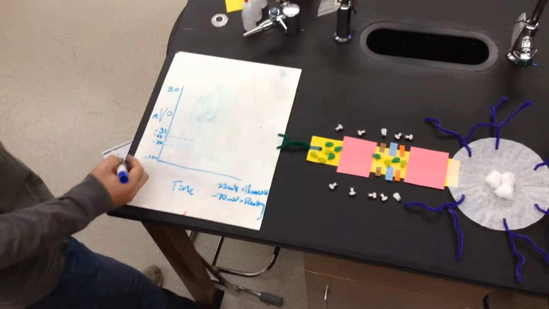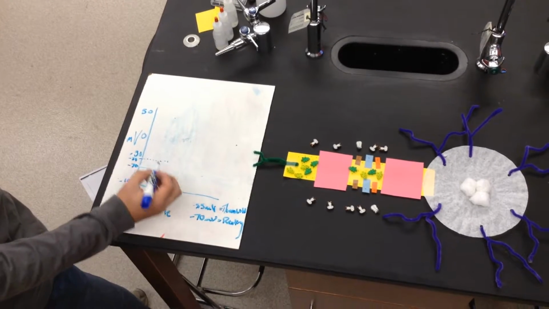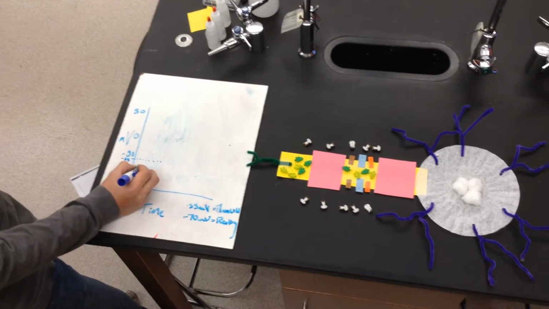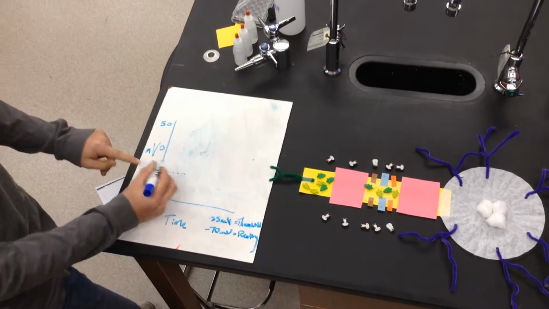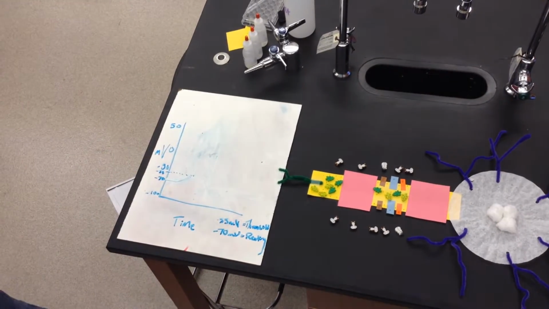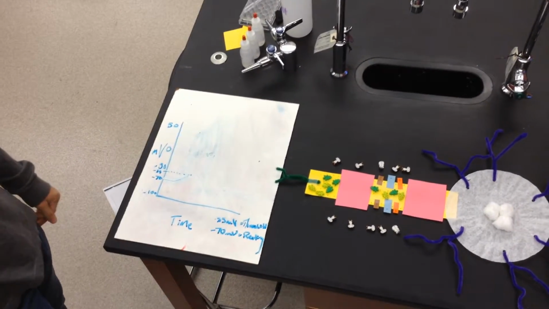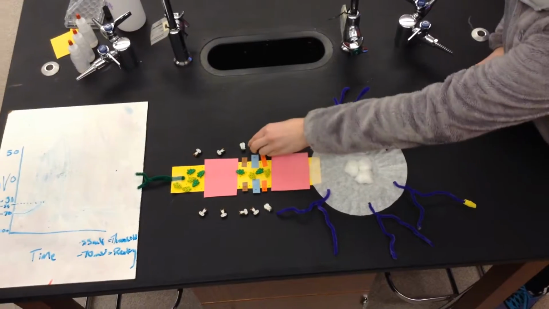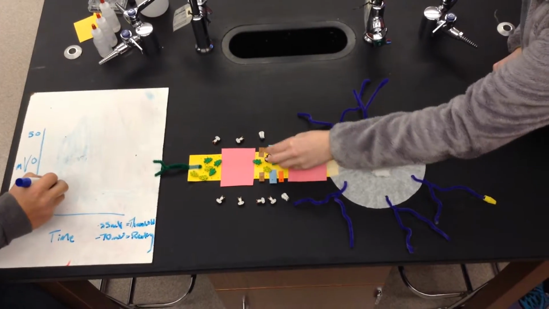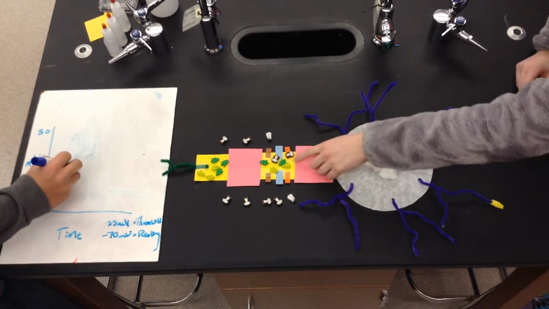As sodium flows in, depolarization starts in the membrane. And as depolarization gets to a threshold of negative 55 millivolts, action potential is triggered. So once the sodium channel is open, sodium starts to flow into the node of Ranvier, which causes the